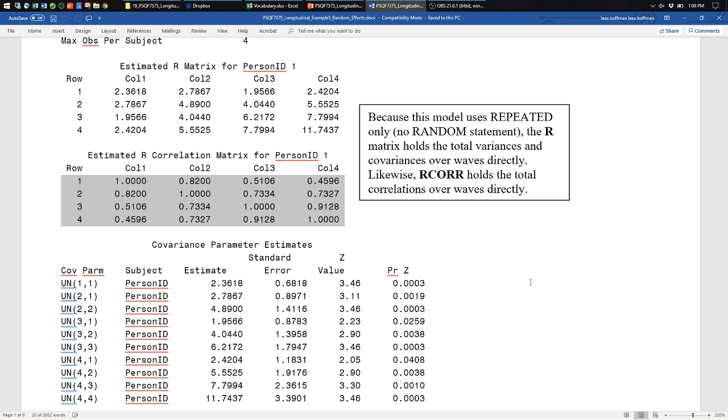Yeah, not constant. So right away, I know two things. I need a model that allows the variance to grow over time. That means having a random intercept only can't possibly be right, right? Because random intercept says same variance over time. And with respect to the correlation pattern over time, I need a model that allows it to change over time. And for that reason, also, random intercept only cannot possibly be right.